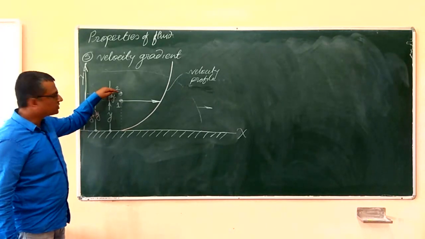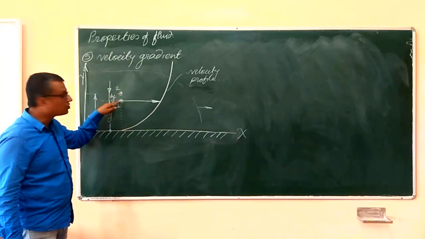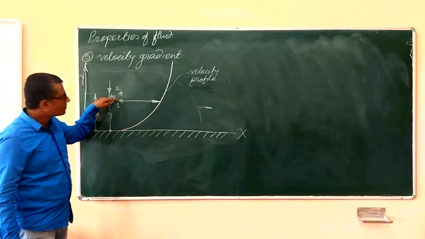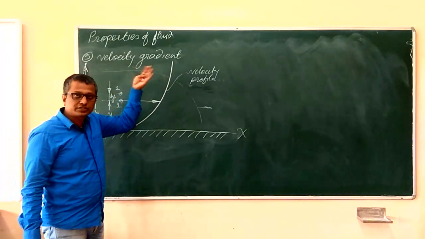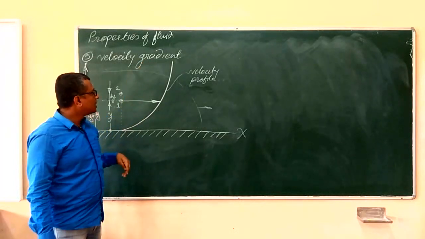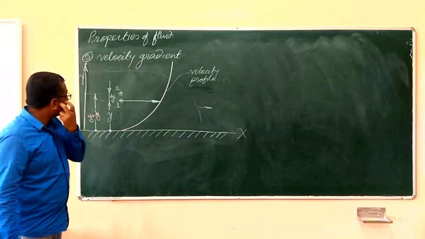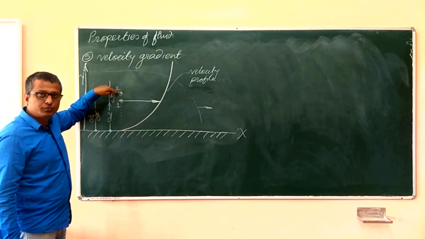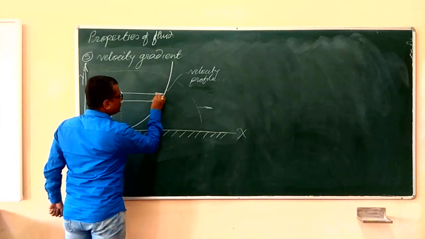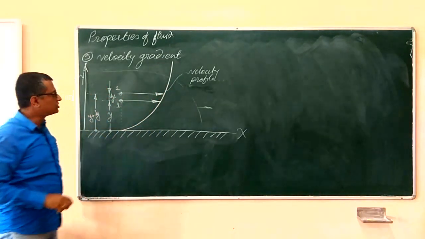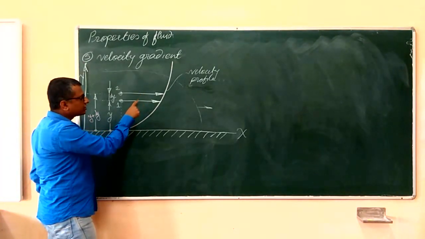And if I check the velocity of this fluid particle 2, obviously the velocity of this fluid particle will be more than the velocity of the particle 1, or say the layer 1. Since we have seen that if you go in the upward direction away from the solid surface, the velocity of the fluid particle goes on increasing up to the boundary layer. We are going to see what this boundary layer is afterwards. Now, if I represent the velocity of the fluid particle 2 by a velocity vector, I'll be getting a vector like this. Obviously, it will be up to the curvature of the velocity profile. Now, it is clear that this velocity vector has higher magnitude than this one.